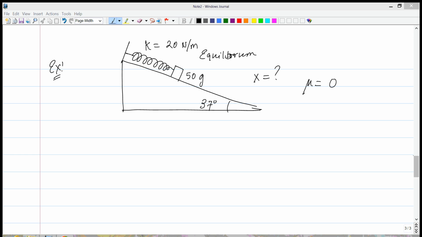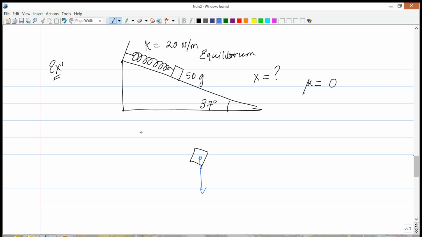And we are asking, what is that extension? By how much does the spring extend when it finally reaches equilibrium? So our TAT is going to be similar to the previous problem, where what we're going to do is look at forces. Since we're dealing with equilibrium, that should be an automatic thing. And let us draw the forces on this block.